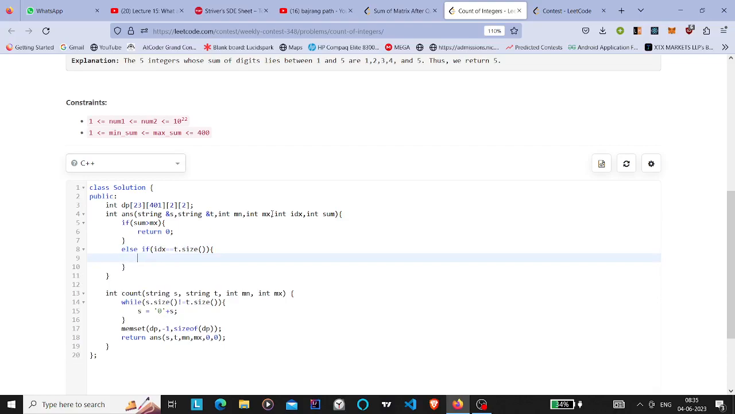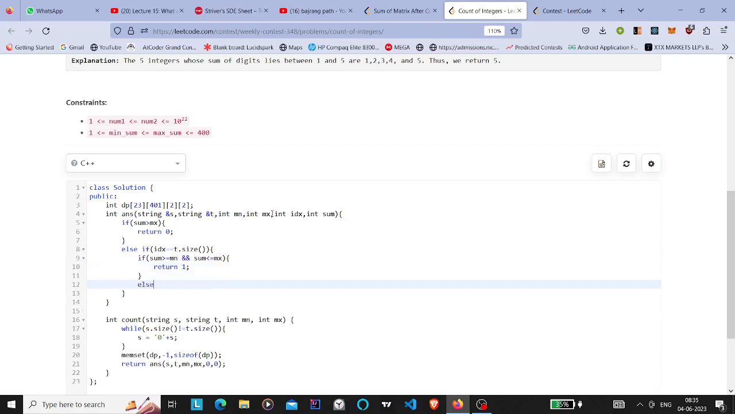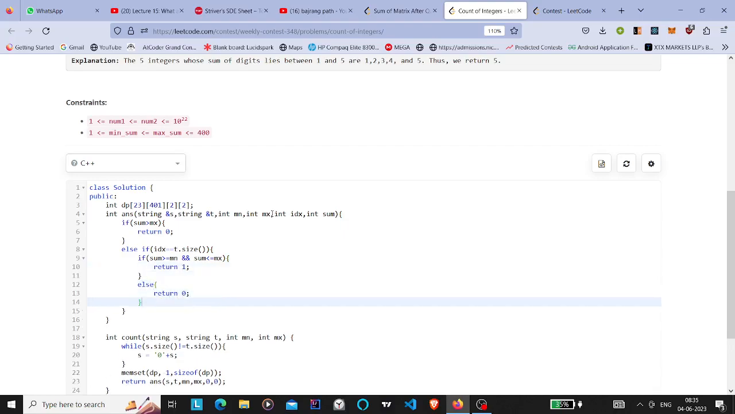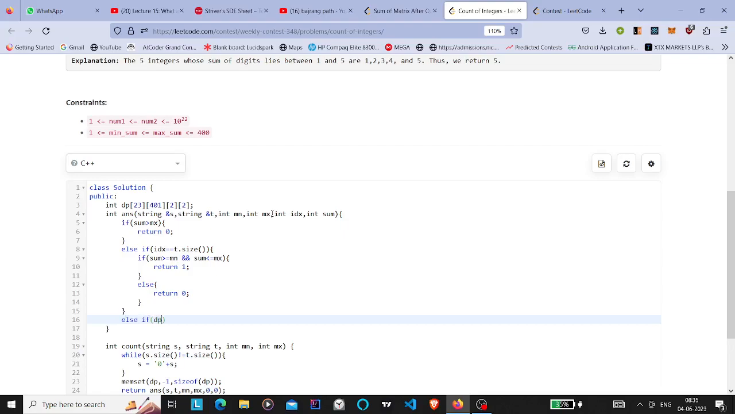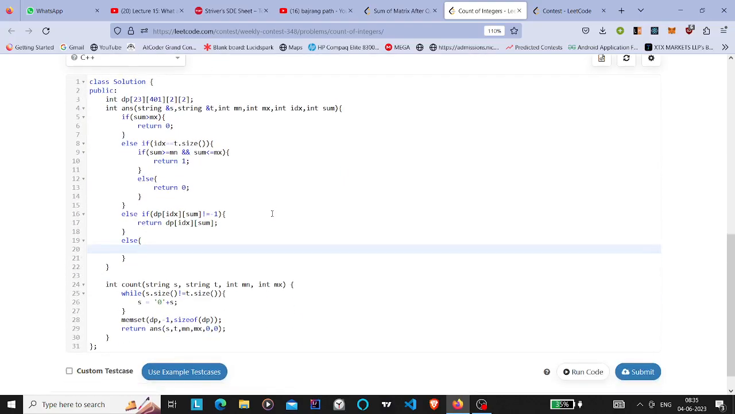Suppose if index is equal to t dot size, then if sum is greater than or equal to mean and sum is less than or equal to mx, return 1, else return 0. Else if dp of index comma sum is not equal to minus 1, return dp of index comma sum, else